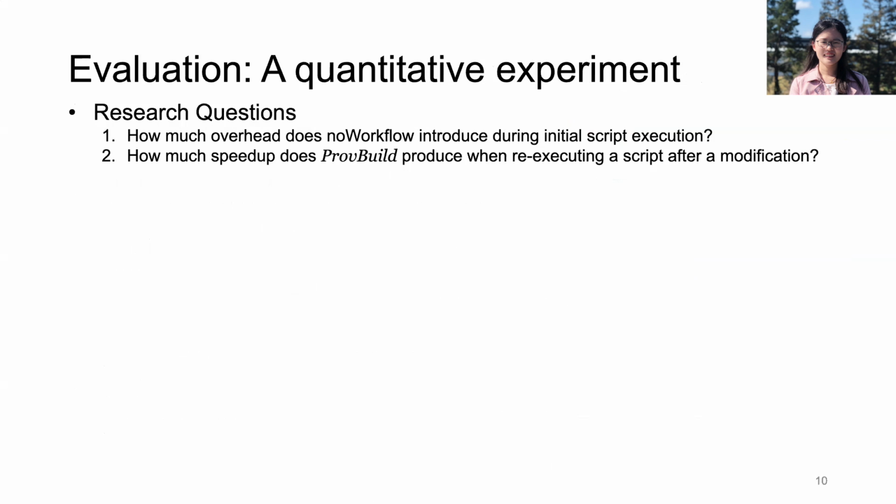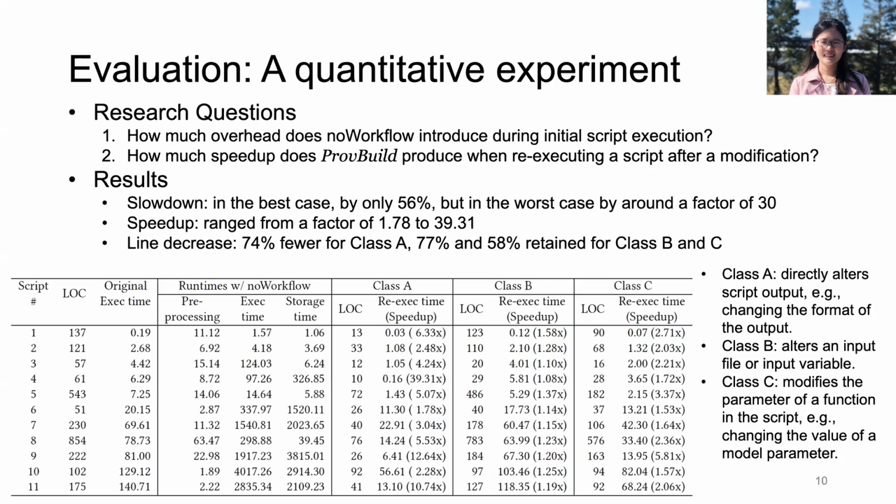Our second study is a performance benchmark. The study answers two research questions: how much overhead noWorkflow will introduce and how much speed up ProfViews can produce. The result shows that ProfViews takes a while to start up, or say initialize. Then the debugging and editing cycles are shorter. The majority of this initialization overhead is due to noWorkflow's dynamic provenance tracking. We treat it as a limitation and future work for ProfViews. In the next user study, users did voice concerns over this initial runtime slowdown, but not enough to prevent them